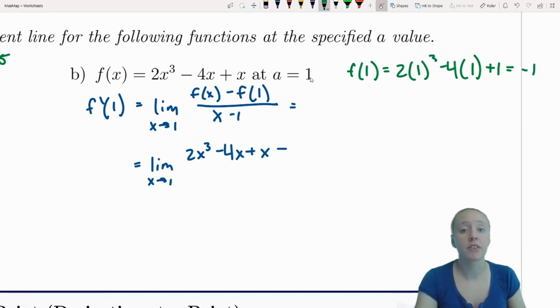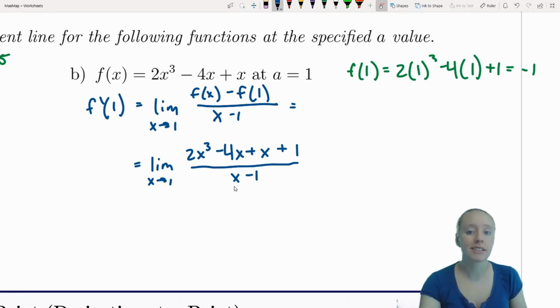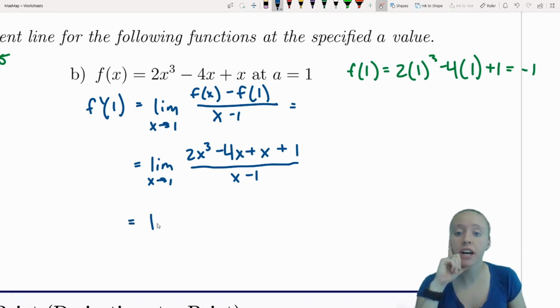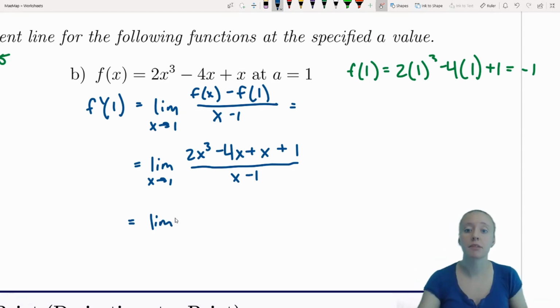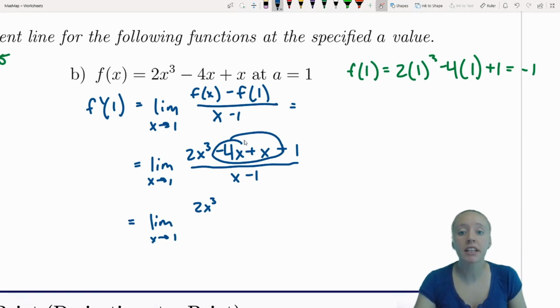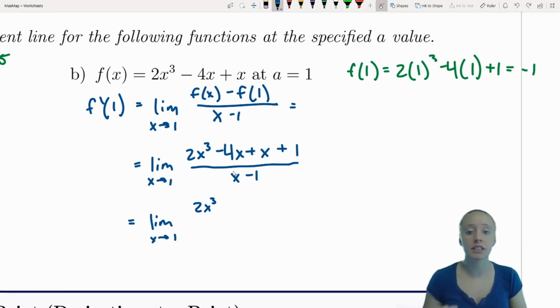So when I'm at an x value of 1, I'm at a y value, or a function value, of negative 1. So when I subtract a negative 1, that's the same as adding a positive 1. And this is all over x minus 1. Now I can't plug 1 in because that would give me something undefined. So I'm going to simplify and attempt to cancel out that factor in my denominator. So the limit as x approaches 1 of, I'll have 2x cubed, and I'll combine my like terms, minus 4x plus x is going to give me minus 3x, and then I'll have plus 1, and this is all over